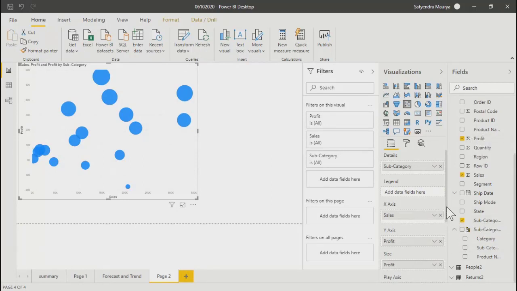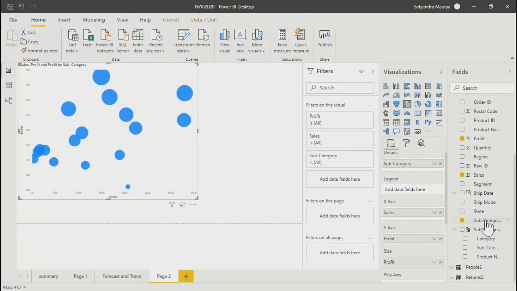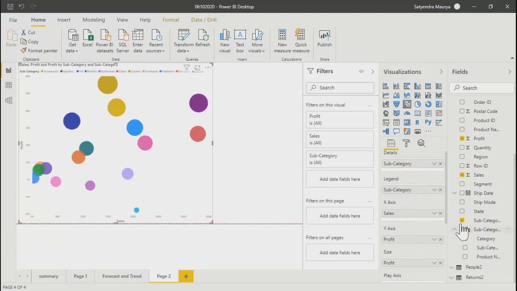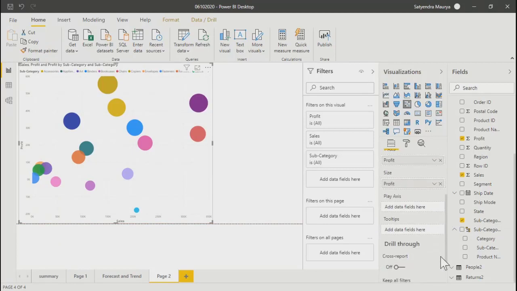Data labels, I can add sales, I can add profit.